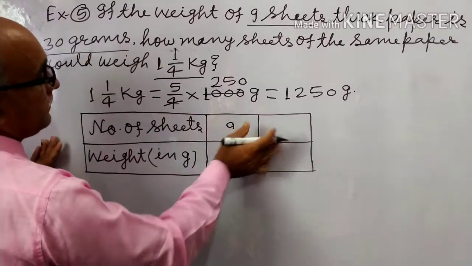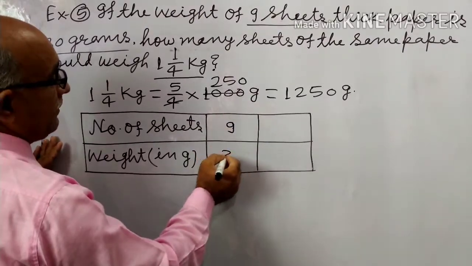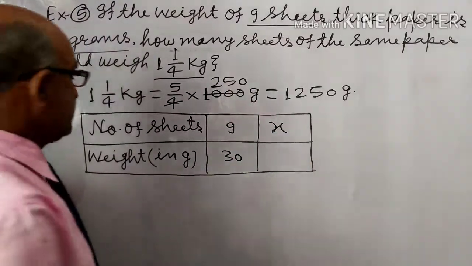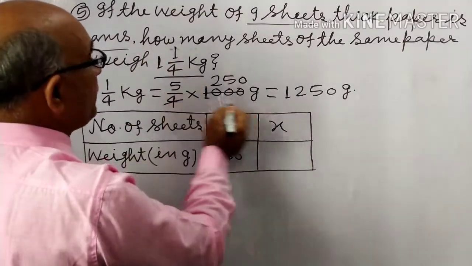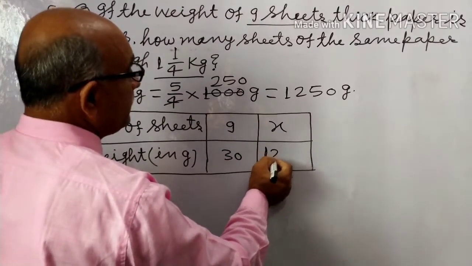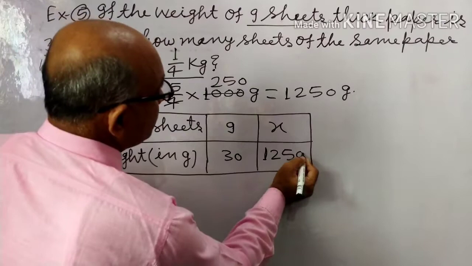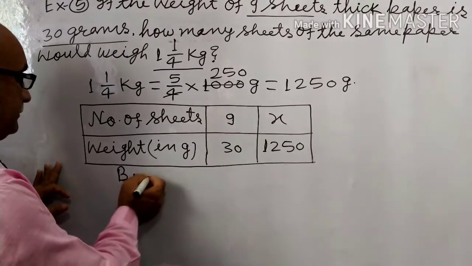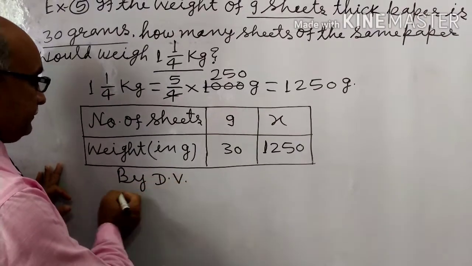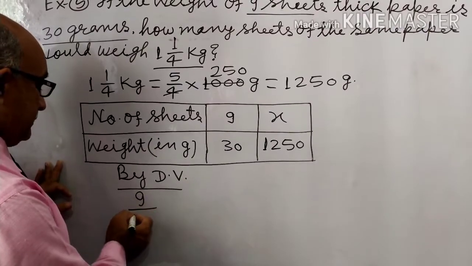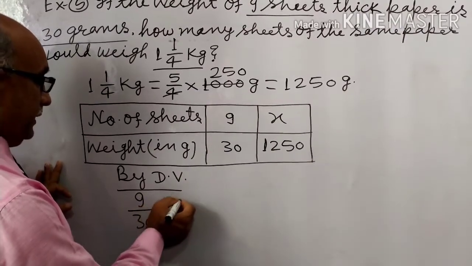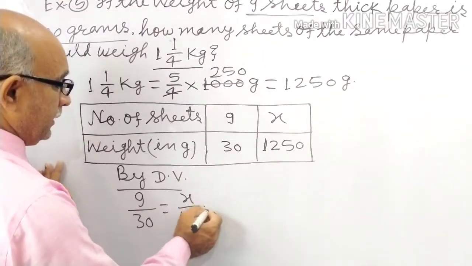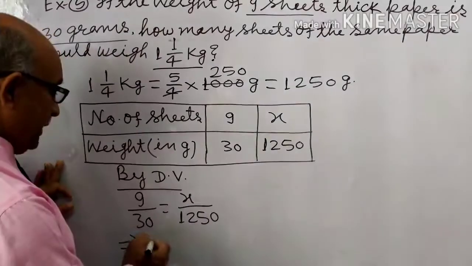Its weight is 36 gram. How many sheets? So let the number of required sheets be x. And its weight is 1 whole 1 by 4 kg. That means 1250 gram. It is also in direct variation. So by direct variation, 9 by 36 equals x by 1250. By cross multiplication,